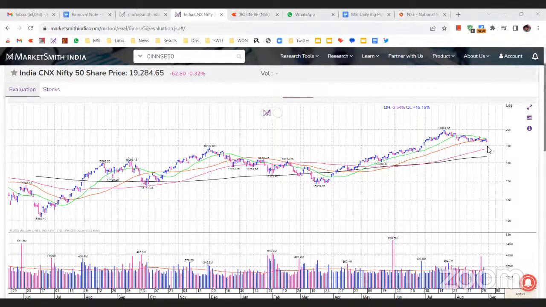On the distribution day count, we are at 6, and 1 distribution day has expired today. Also 1 distribution day is added today because Nifty has fallen on higher volume. So there is a weakness in the market, but still we are waiting for 1 or 2 distribution days for the market status to be changed to downtrend. When the market status is changed to downtrend, we'll try to exit our portfolio stocks. And no new additions will be taken during the downtrend.